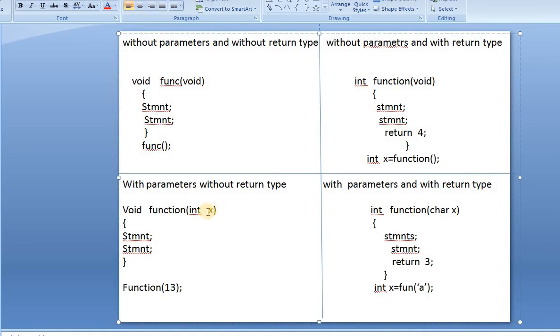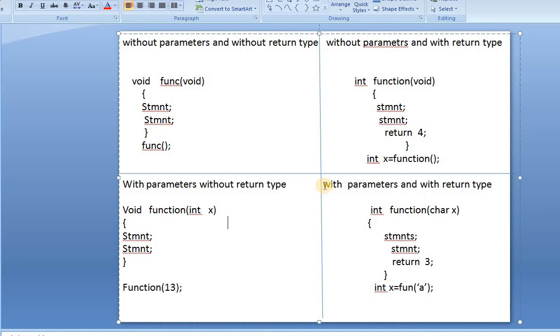Initially x is empty, that means x has not been allocated any value. When I'm calling this function, I'll give x a value. Now x is stored with 13.